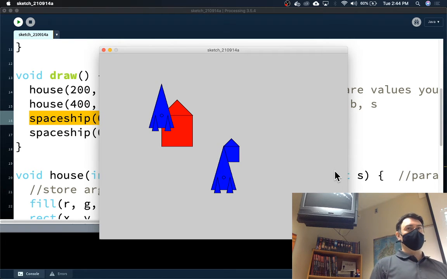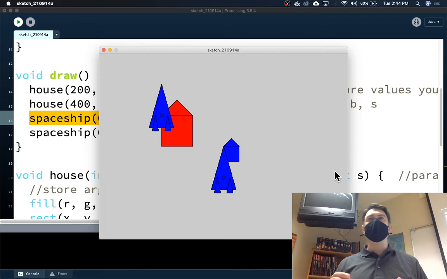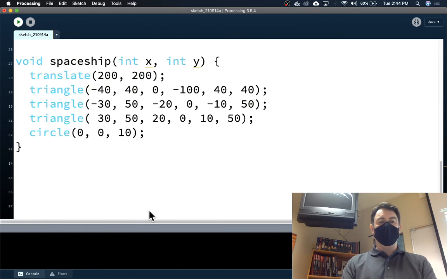We don't want that to happen. We want to translate it all over the place, but we don't want it to always be relative to the last spaceship. We want it to be fixed relative to maybe the original origin spot. So what you're going to do is add in the fanciest functions you ever did type in,